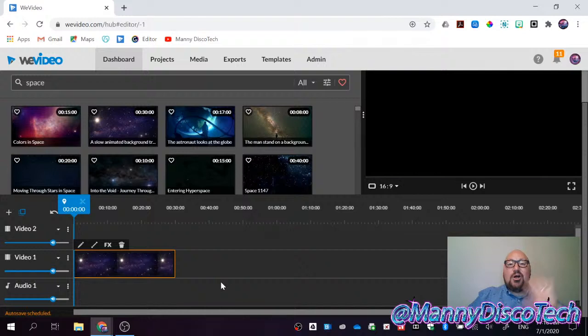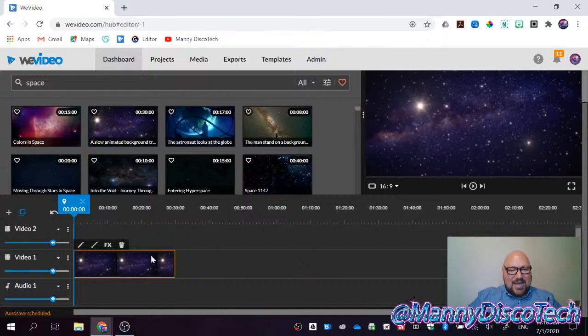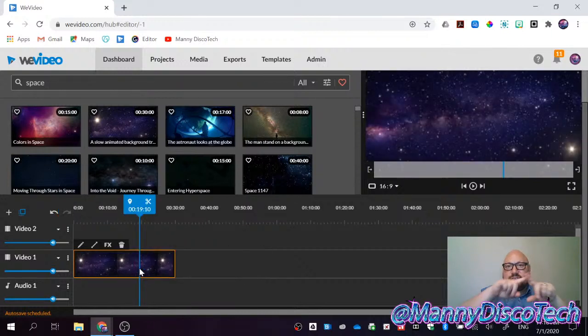So that's all I did. I clicked and I dragged. Notice that now this one has an orange frame, like it's because it's selected. Now, I need you to look at the cursor because it's going to change.